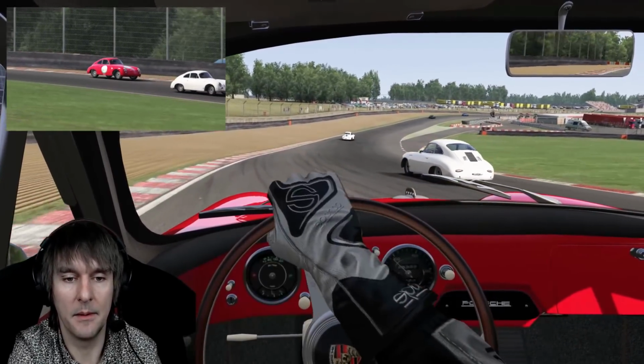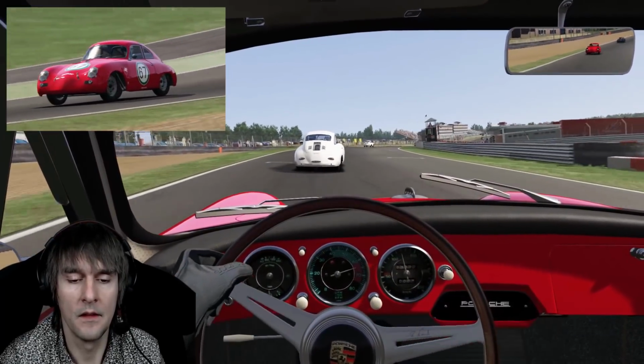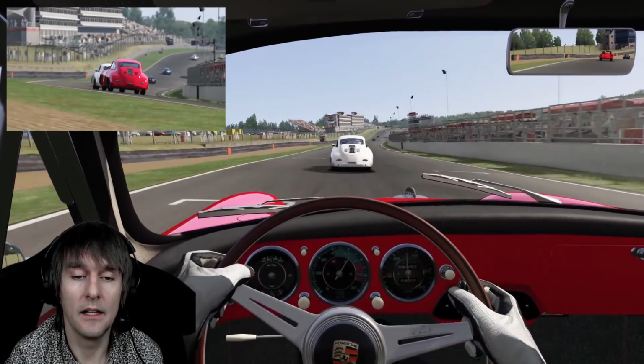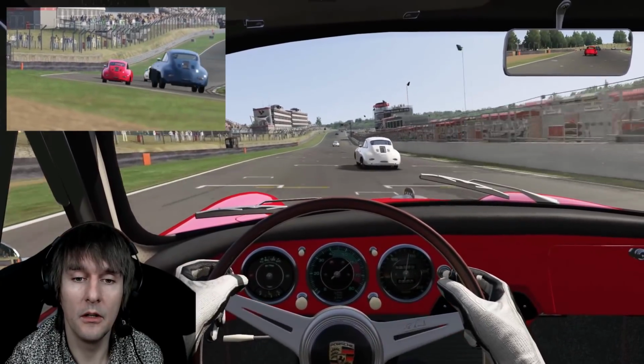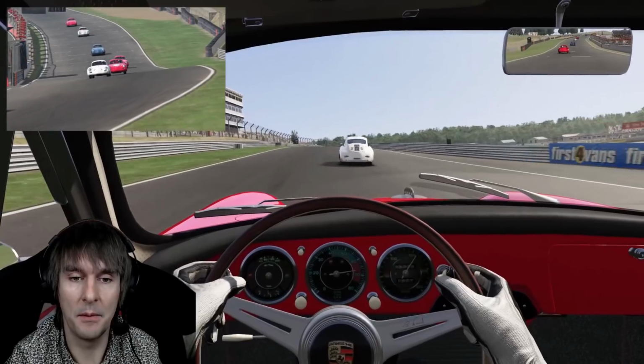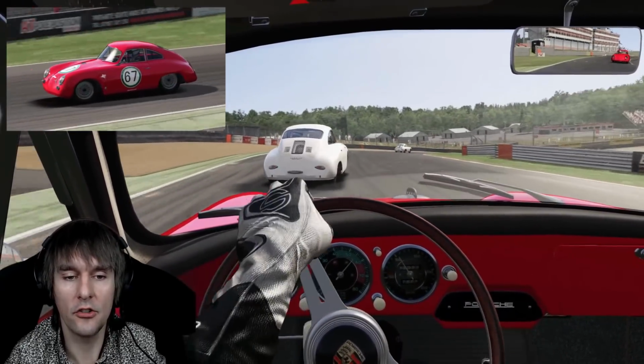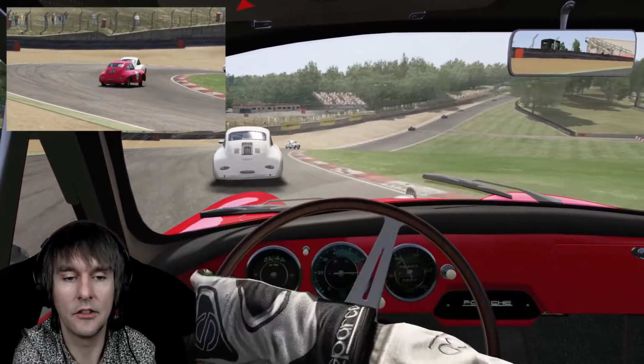We get a little bit leery coming into the final turn, but we get away with it. So that's something to bear in mind. I think the car is quite small. It's got a lot of detail on it for what it is, but it's a simple car in its design. So a lack of LODs is not as critical on something like this as it would be